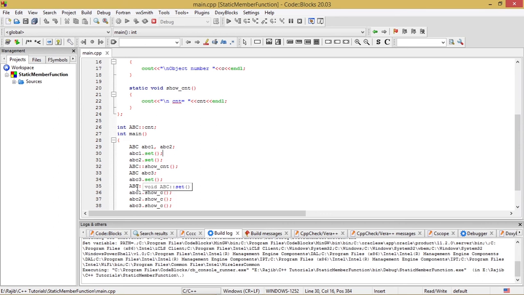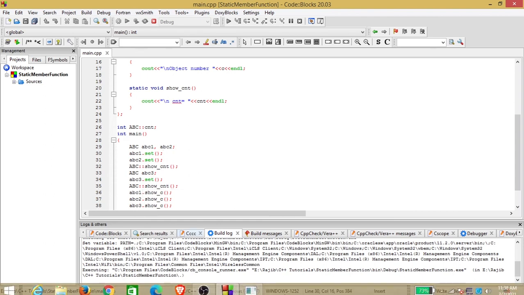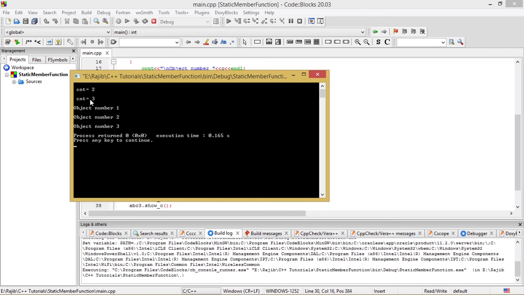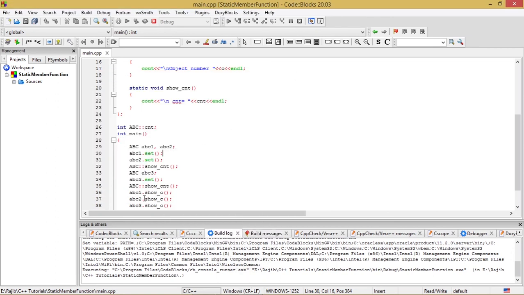We expected to see a value of 3 by this statement, and we see that we get the desired output, that is CNT is equal to 3. After that I have invoked the show_C function 3 times, once with ABC1, second time with ABC2, and third time with ABC3.